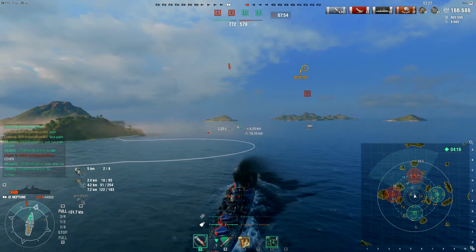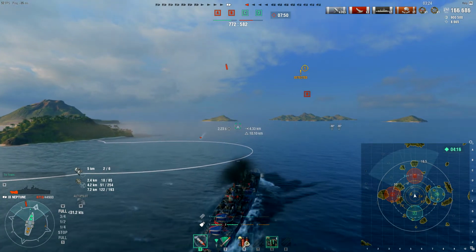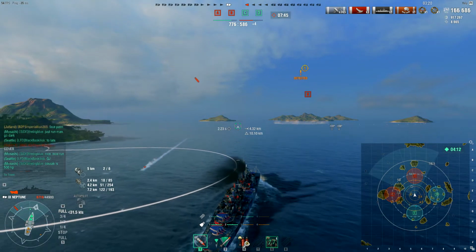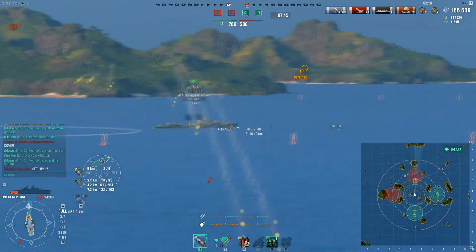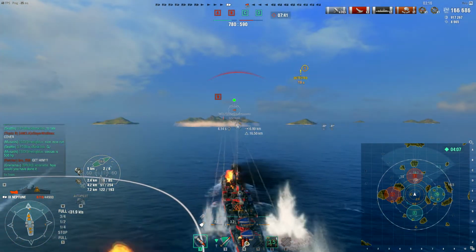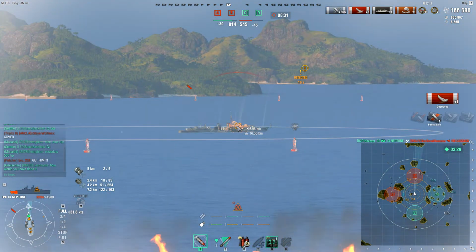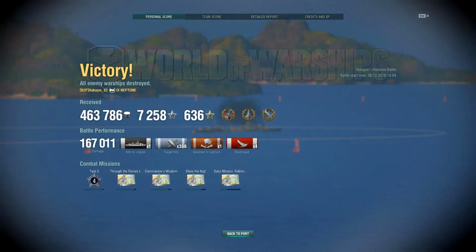Torps are inbound. And Cossack has to make a play because we are actually ahead in points. And he does. He pops his smoke, fires his guns. And that is going to be it, because he is dead. So we do earn a victory, brought home 463,786 silver, 7,258 XP, earn Confederate Dreadnought and High Caliber,